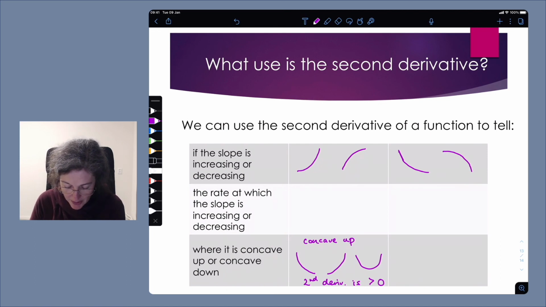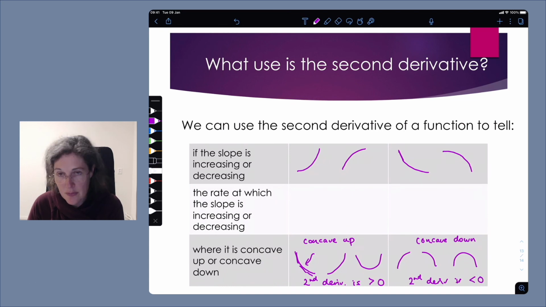Okay, so you can see what's happening here is in each case, our first derivative is increasing. Now it seems weird because you'll have a look at this one and go, but that's decreasing. Our first derivative is negative, but it's getting less negative. So if you were to plot it, you would have something that started very negative and then gradually got more and more positive. So it is actually increasing. On the other hand, what does concave down look like? Well, it's anything that looks like that, or the combination of the two. And we know that this is happening when our second derivative